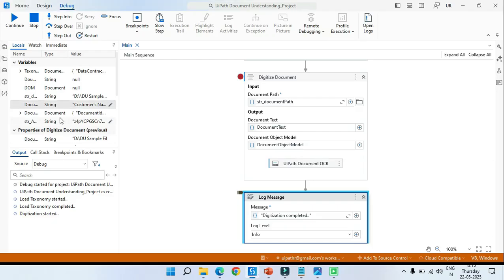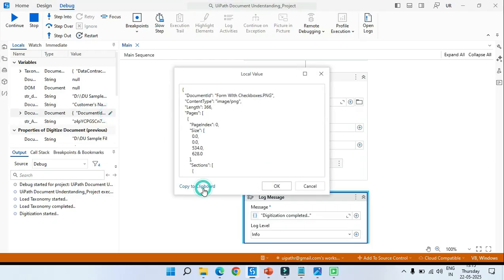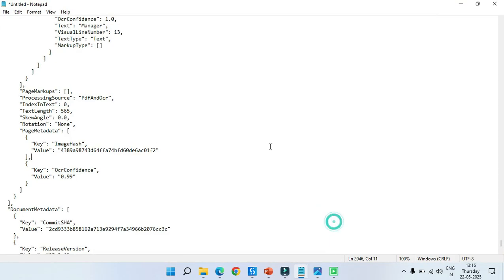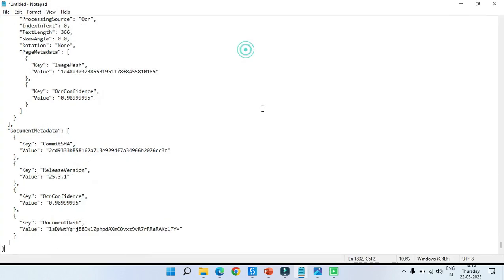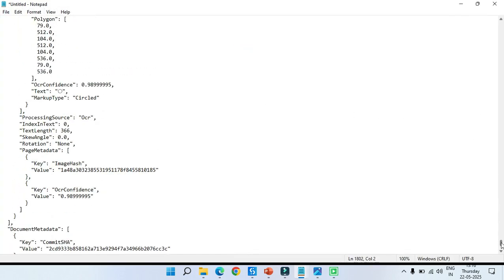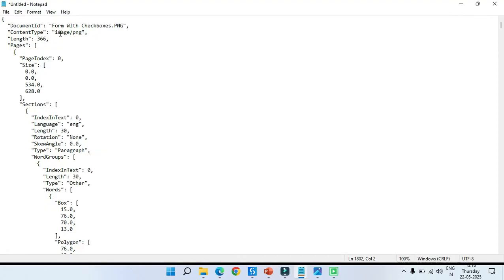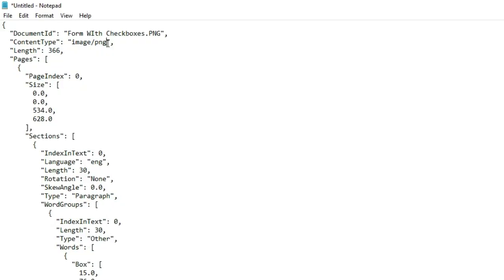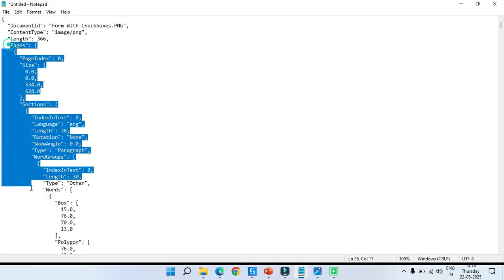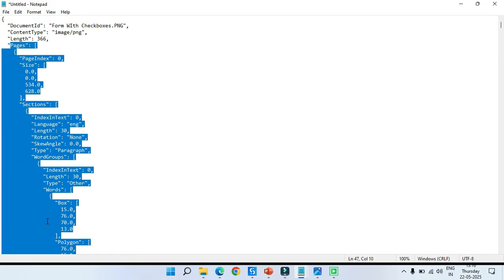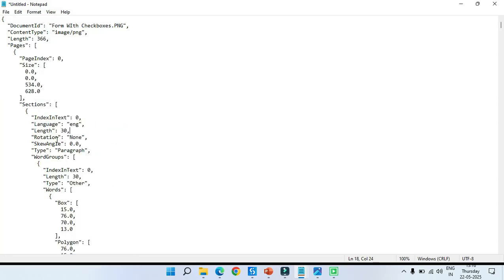Now we'll go to this and we'll copy the document object model value, and this time we'll not paste here, but we'll open another notepad and then we'll paste here. And this time you'll see our content type is image slash png. So this is the PNG file that we are working on. Now again, there is only one page of that image, so it says index 0. If you are working on a TIFF file where there are multiple pages, you'll see the multiple page count here. So for one page, there will be all the data. For the second page, there will be other data, right? So based on that, it will store.